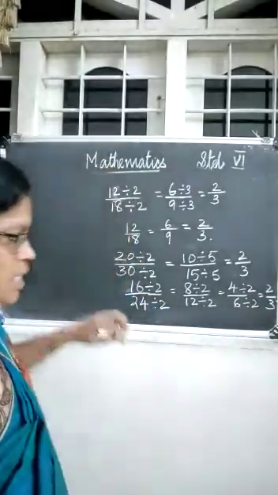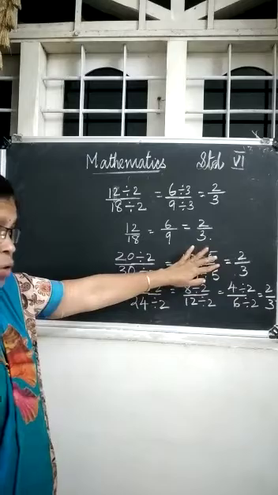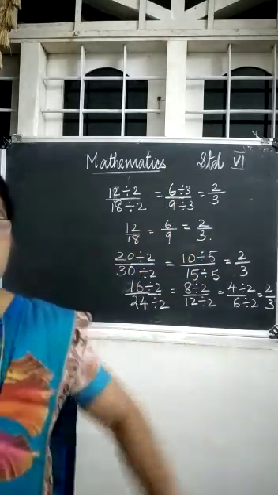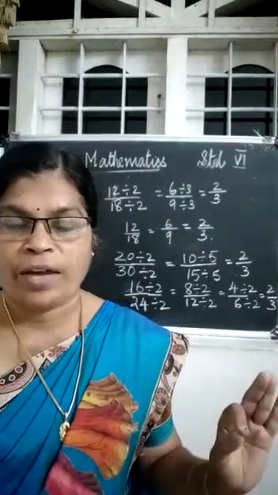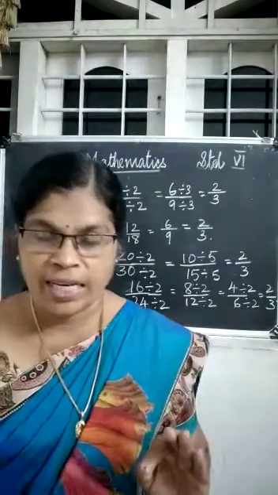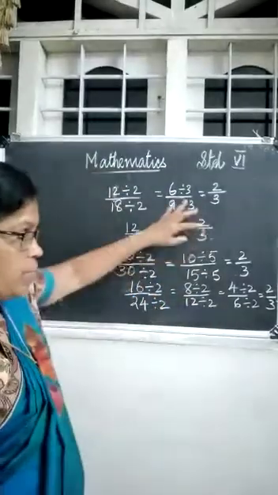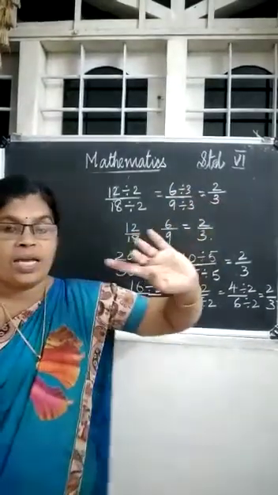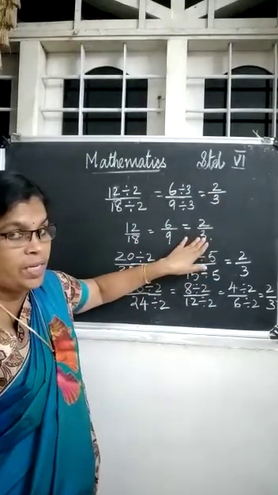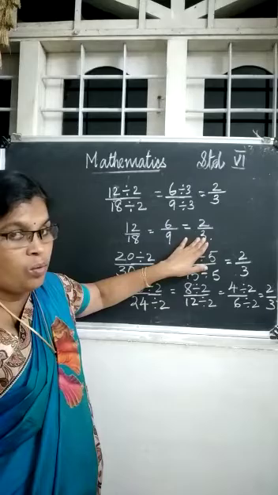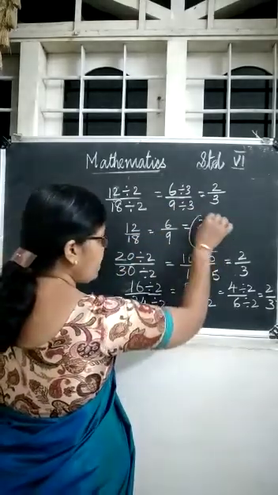Right? Here, by dividing, at last we got 2 by 3. Here also we got 2 by 3. Here also we got 2 by 3. And here 2 by 3 has no common factor to cancel or to divide again, isn't it? There is only 1 as the common factor. In 2 and 3 we can divide by only 1 because there is no common factor for 2 and 3. We cannot divide by any other number other than 1. So here 2 by 3 is the simplest form.